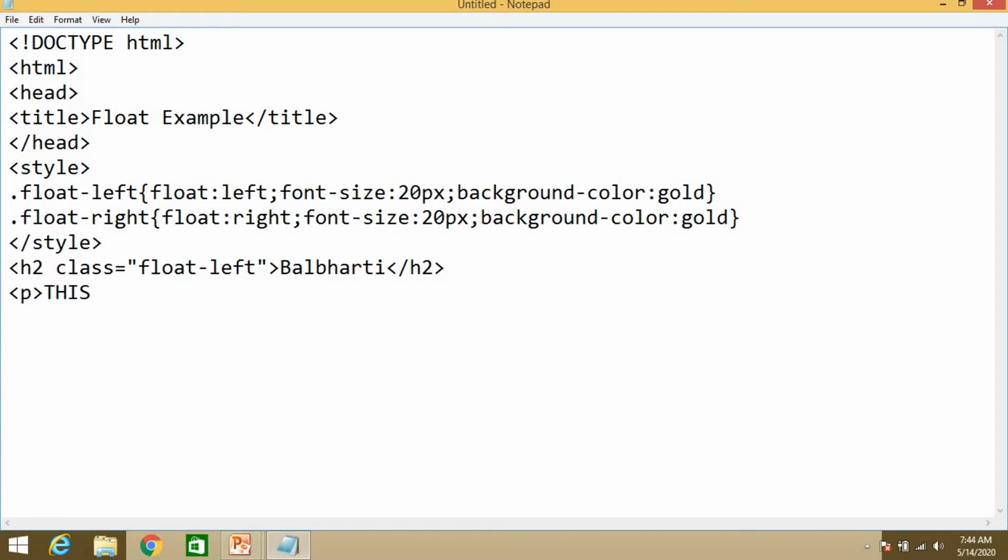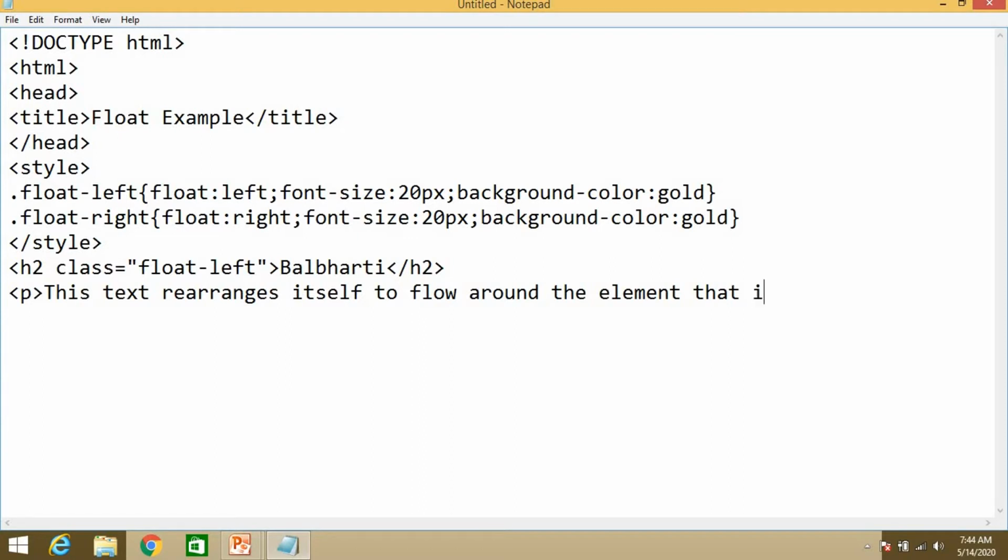This text rearranges itself to flow around the element that is floated left.